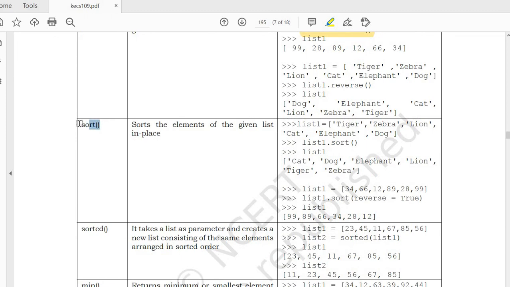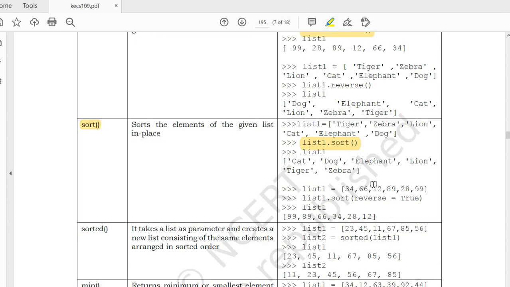Next is sort function. Okay, sort function sorts the elements in the given list. So if I am specifying list1 dot sort, it will come in the ascending order. Here it is following ASCII values. If you are writing the numbers, you can see the ascending order.